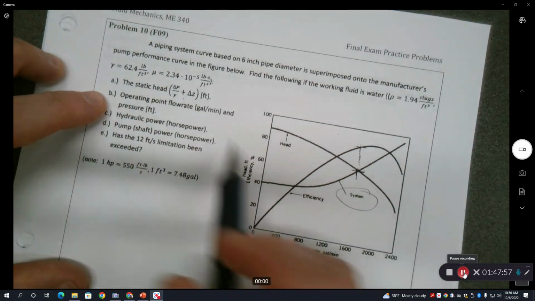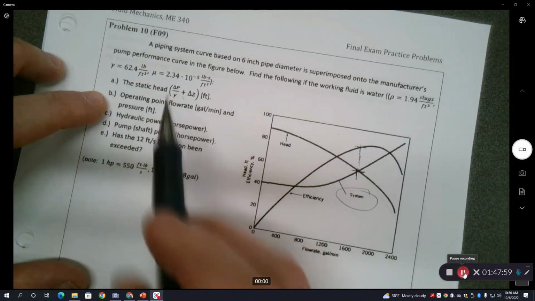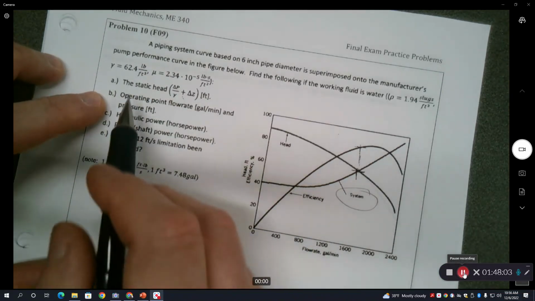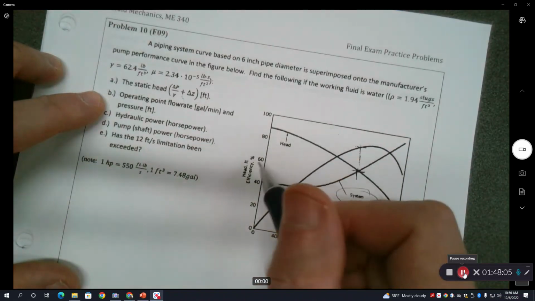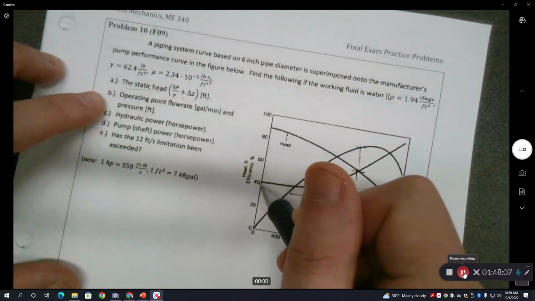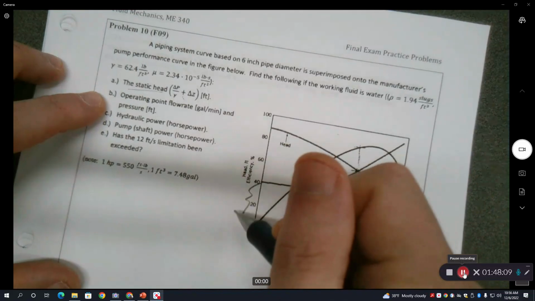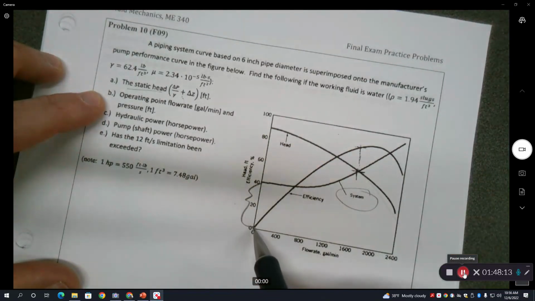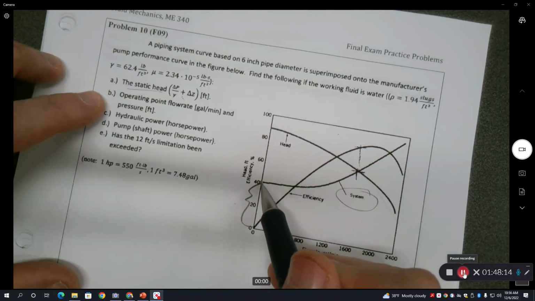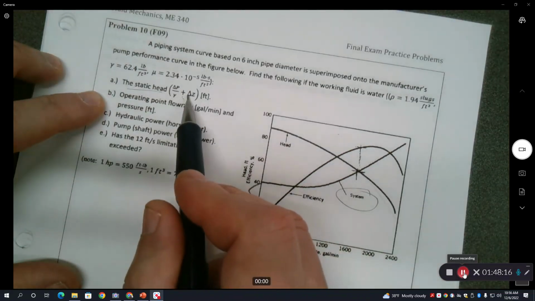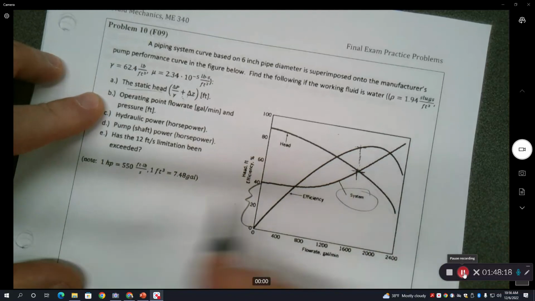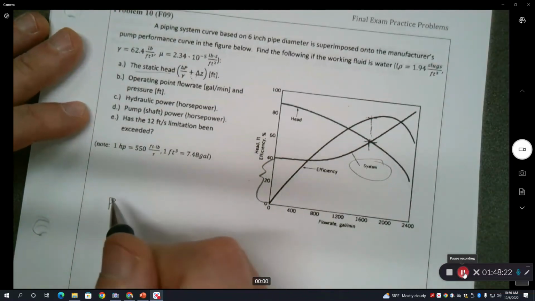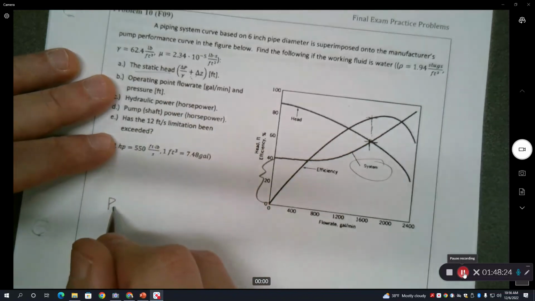The static head, the delta P plus the Z. Oh, the static head, I guess these are word definitions, because we're talking about this right here. This is the static head. You have the delta P plus the Z right there. And I guess if you did Bernoulli, it would become a little bit